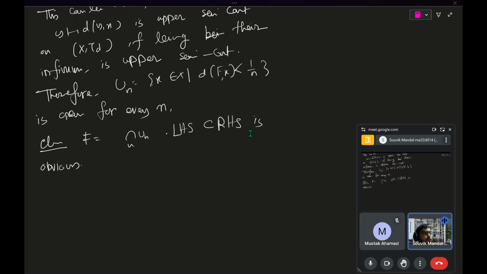In order to prove the above claim, we need to use the following technique. Suppose x belongs to F closure. This implies d of f, x equals 0. This implies x belongs to F closure, which is equal to F belongs to X closure. How is this coming? Basically, by definition of infimum,